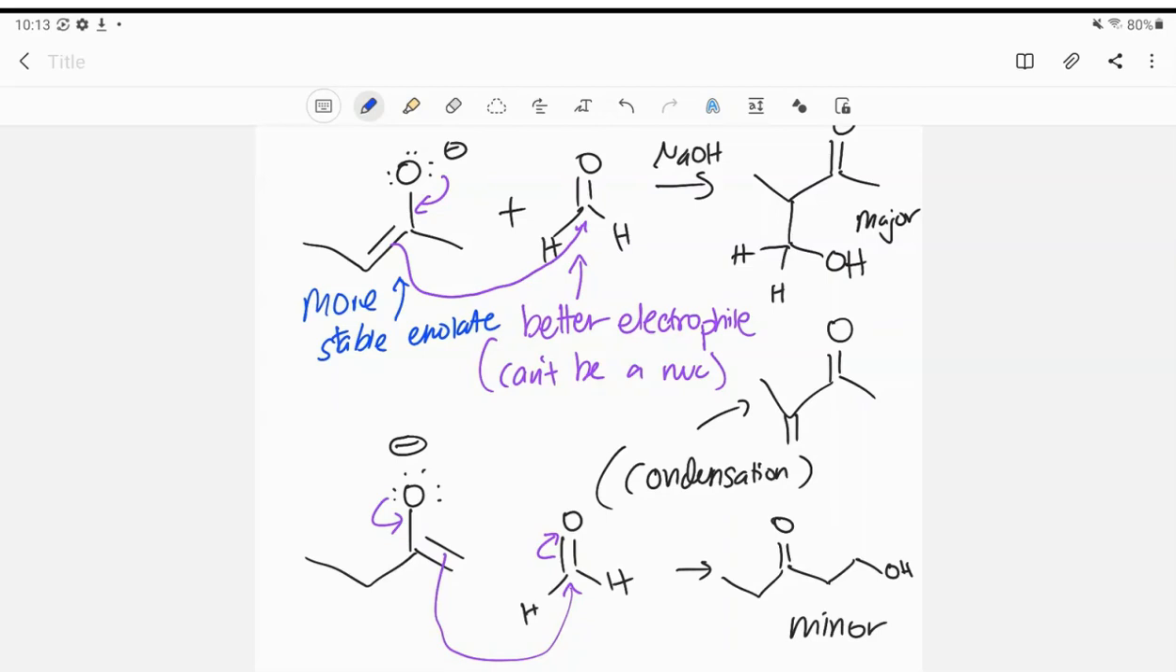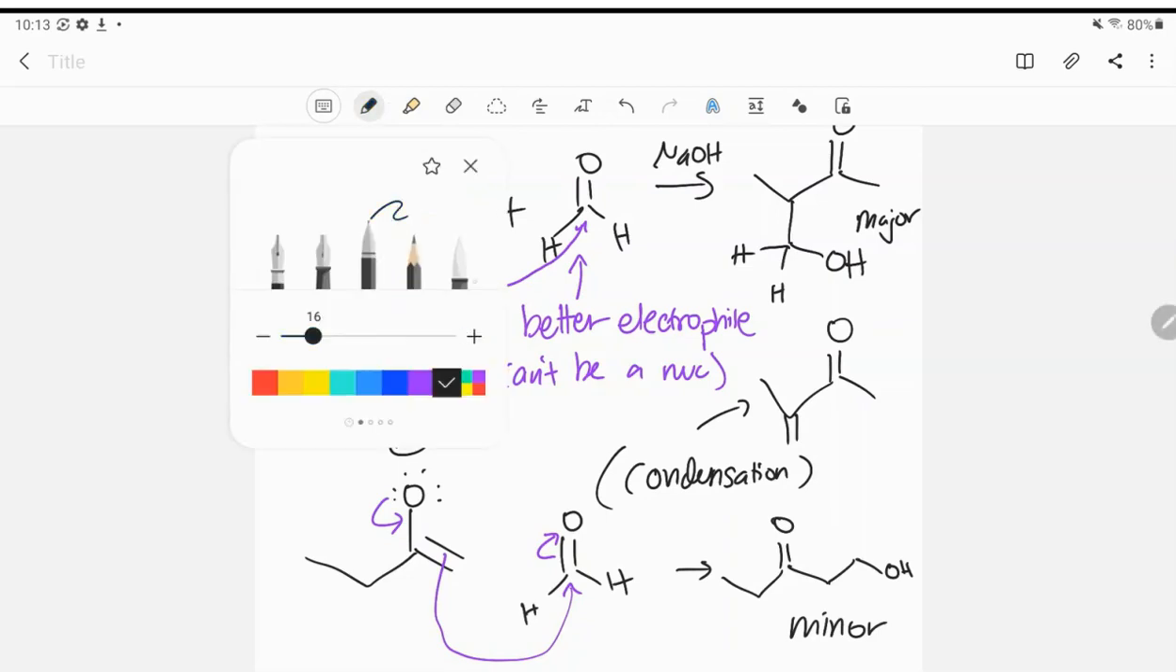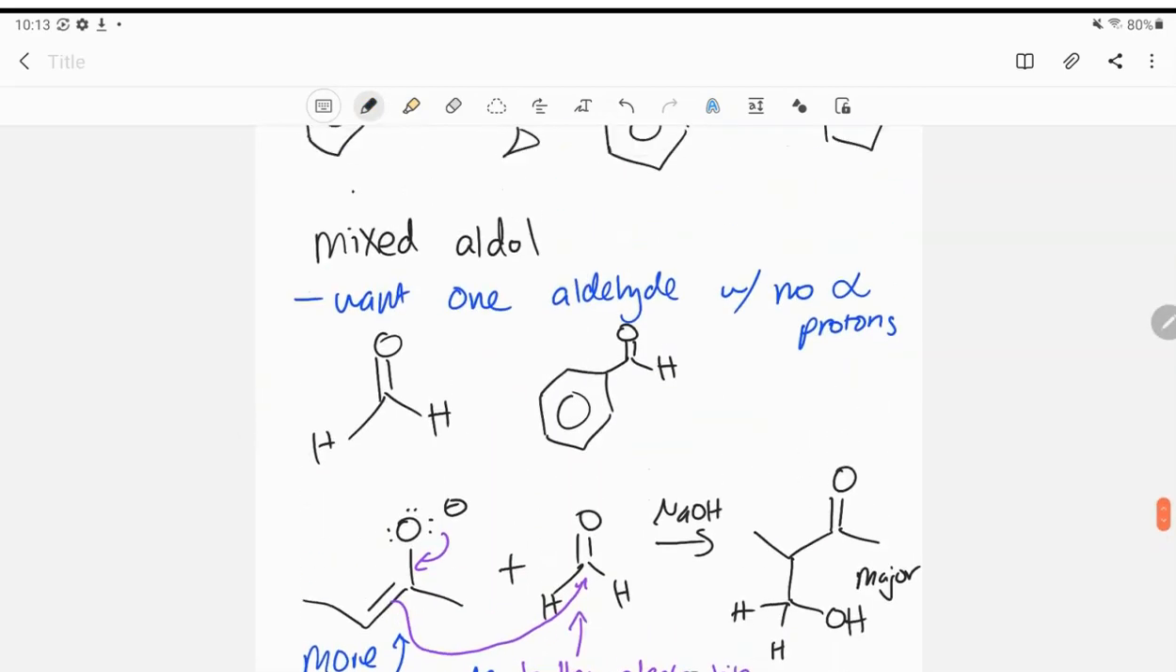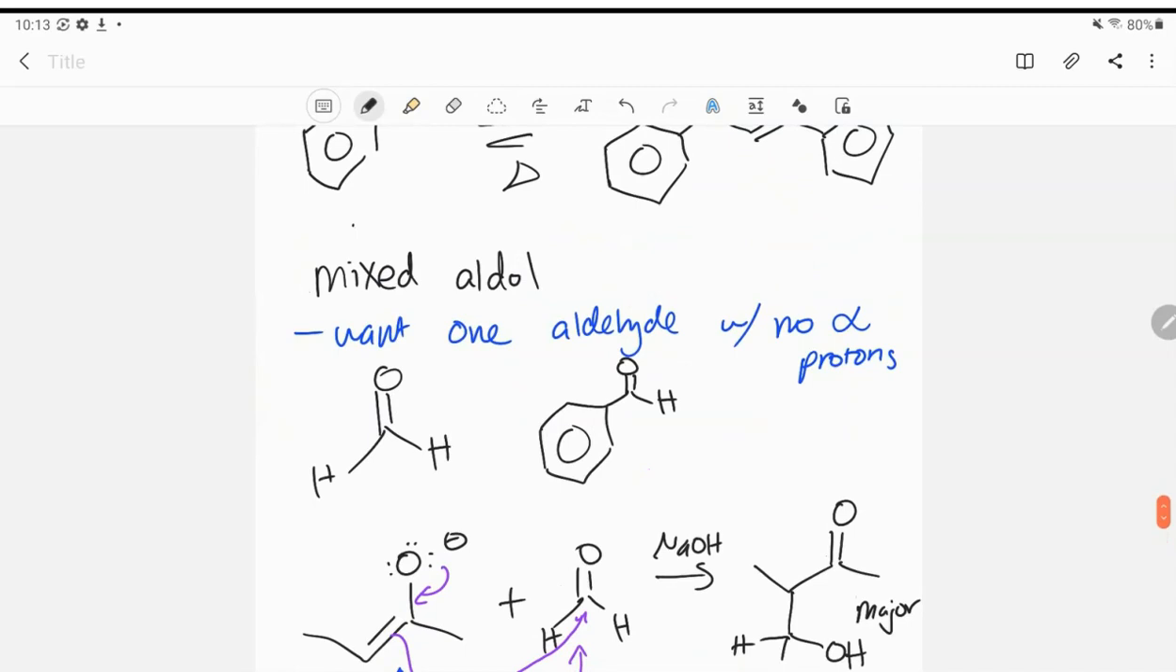All right, so let's say you did want to do a mixed aldol with something that did have alpha hydrogens. So that's option one. You can either have an aldehyde that has no alpha proton, so either formaldehyde or benzaldehyde. But if you want your mixed aldol to be with one of these that's not one of those two molecules,